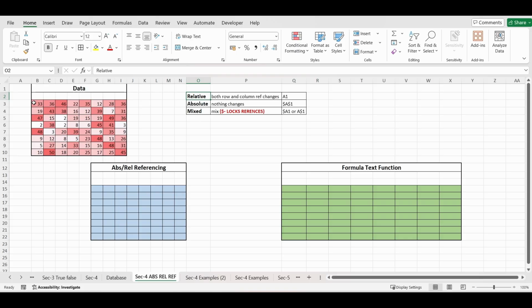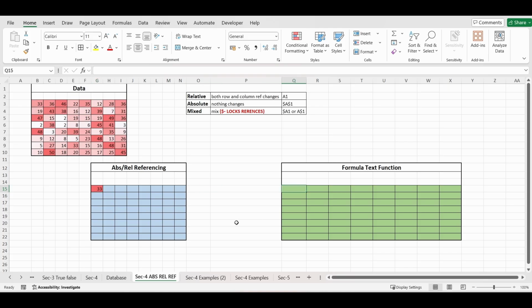Let's suppose you have this data in this matrix. This is an 8 by 8 matrix where you have some numerical data. Let's say you want to copy values from this matrix over here into this particular matrix or grid. If I simply type a formula, equal to, and then select this cell, the formula is equal to B3. If I quickly press enter, this cell is copying the value from cell B3.